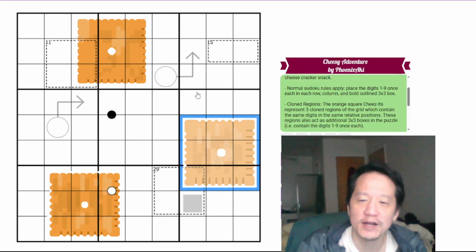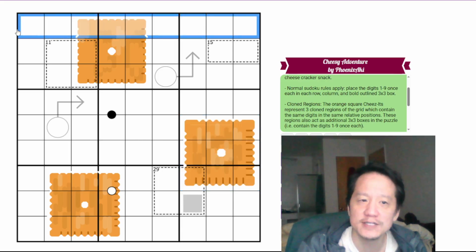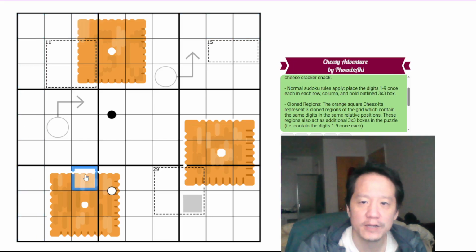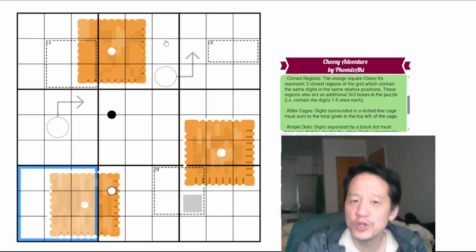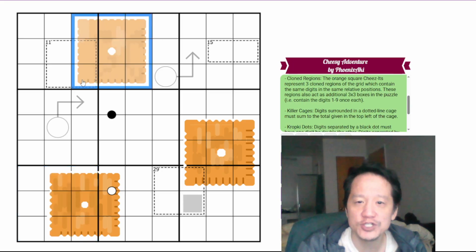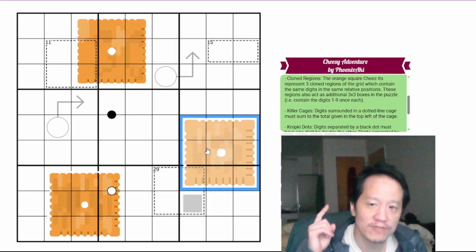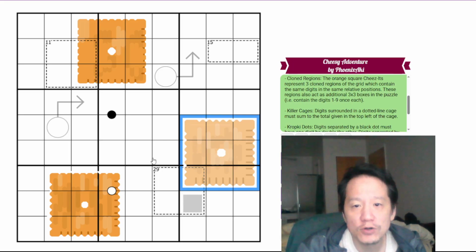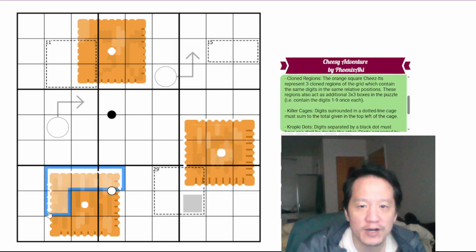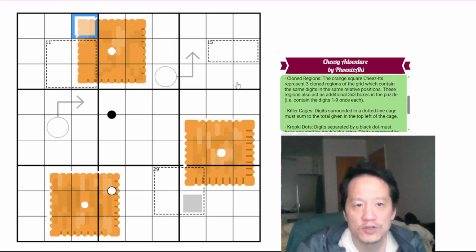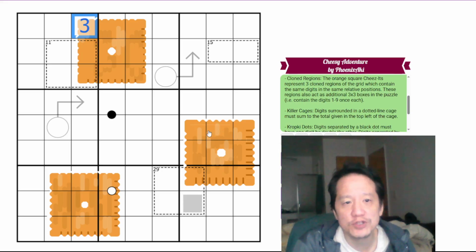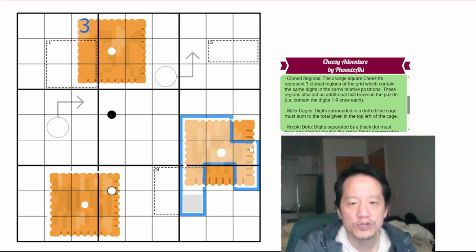Normal Sudoku rules apply, which means place the digits 1 through 9 once each in every row, column, and bold outlined 3x3 box. We have also cloned regions, where the orange square Cheez-Its represent 3 cloned regions of the grid, which contain the same digits in the same relative positions. These regions also act as additional 3x3 boxes in the puzzle. That is, they contain the digits 1 through 9 once each. So for example, if we knew this was a 3,